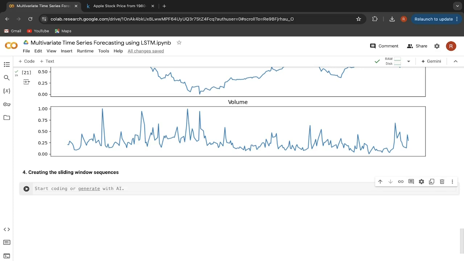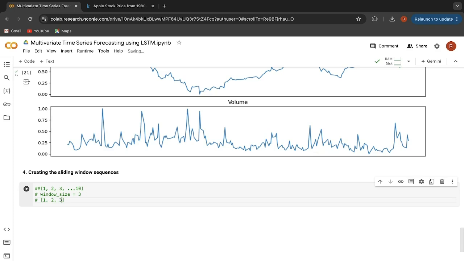So let me make you understand it through a simple example here. So let's say we have this data here 1, 2, 3 up till 10. Fine. And we have specified our window size, which is also called as look back period, let's say 3. So which means it will use 3 time steps to predict the 4th one. Let me demonstrate it to you. So for the first iteration or for the first step, what it will do, it will consider the first 3 time steps, 1, 2, 3.